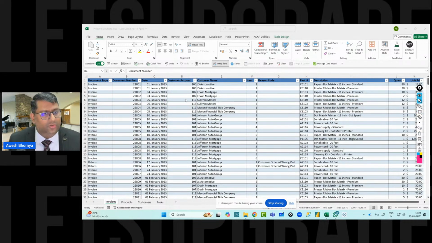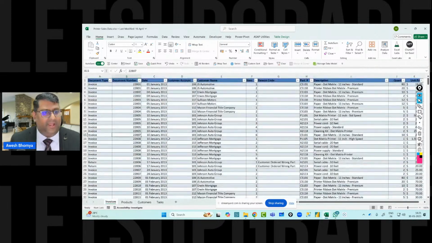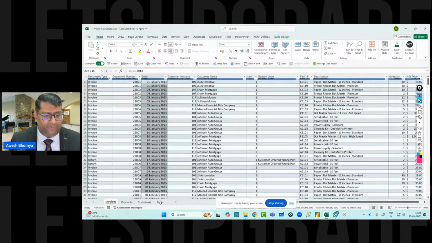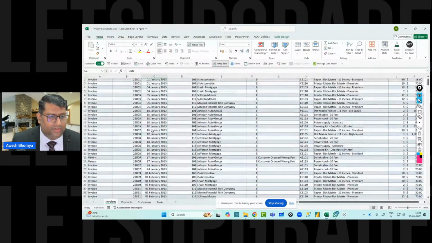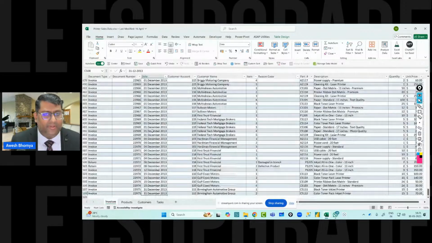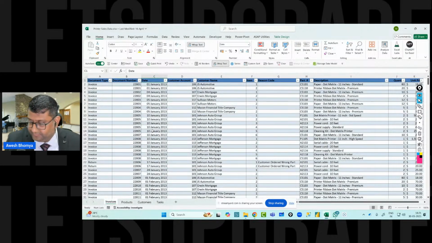Now, how do we go about the entire process of working with this data? If you look at this data, when you talk about granular or aggregated, this is granular data, because for every single day, you have information on the transactions conducted, right? So we have about 500 odd transactions in this invoices table. Now, using this data,